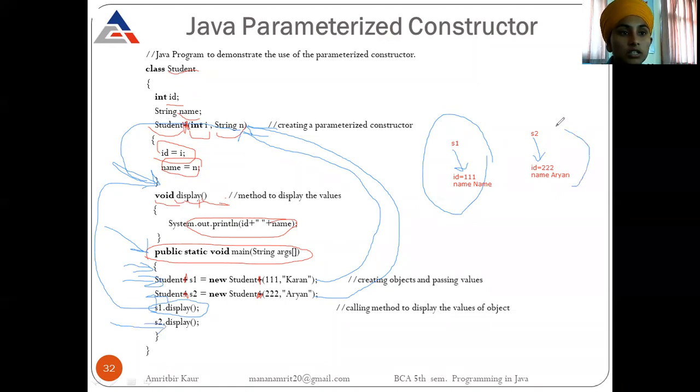This time this object will execute the display function, so the ID and name of this object will be displayed on the screen. So in a parameterized constructor, we can pass values when we create objects, so different objects can have different values. This is all about the parameterized constructor.